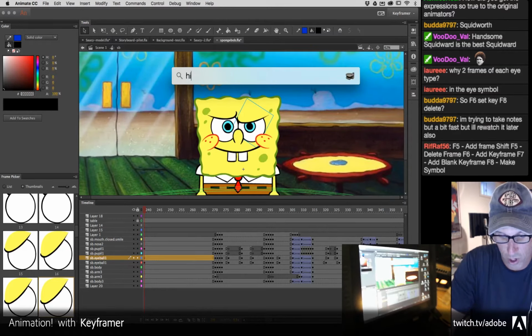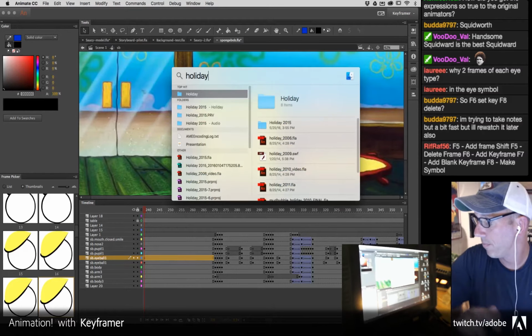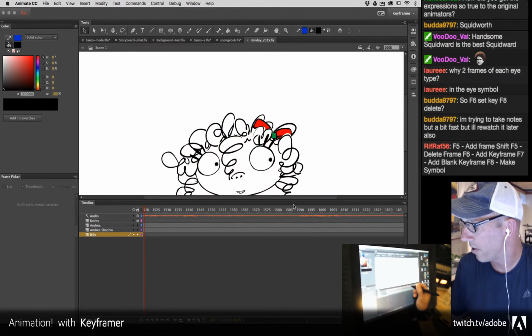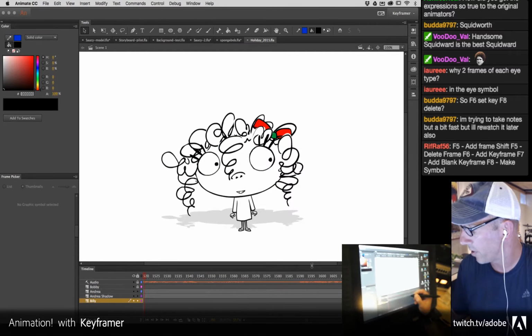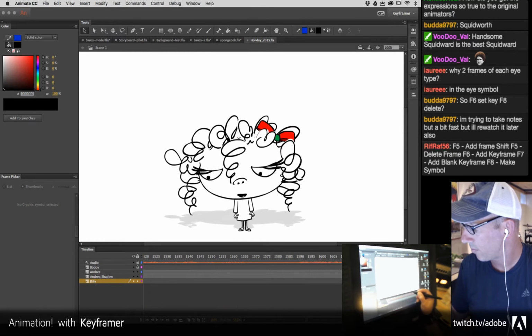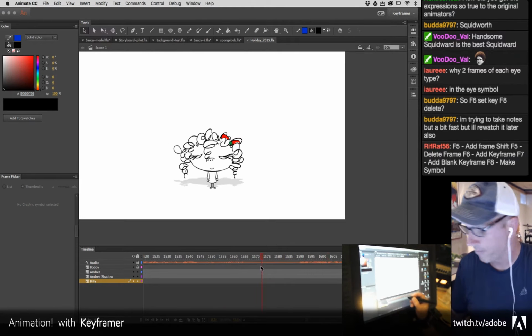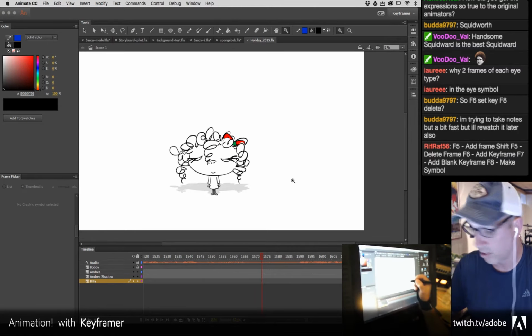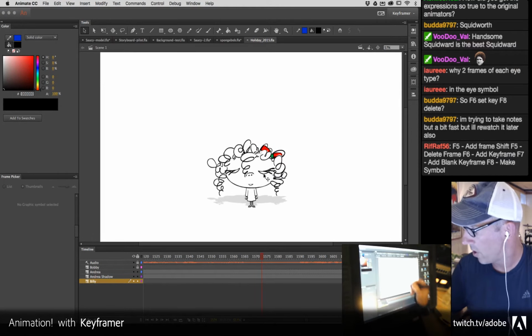So let me find one really good, I always pull this up. Here's a good example of how I rig characters for just straight ahead character animation, right? So this character here. This is such a bad idea. So I'm on the main timeline. Here's my stage. 1920 by 1080. This is how I always work. And so this character,